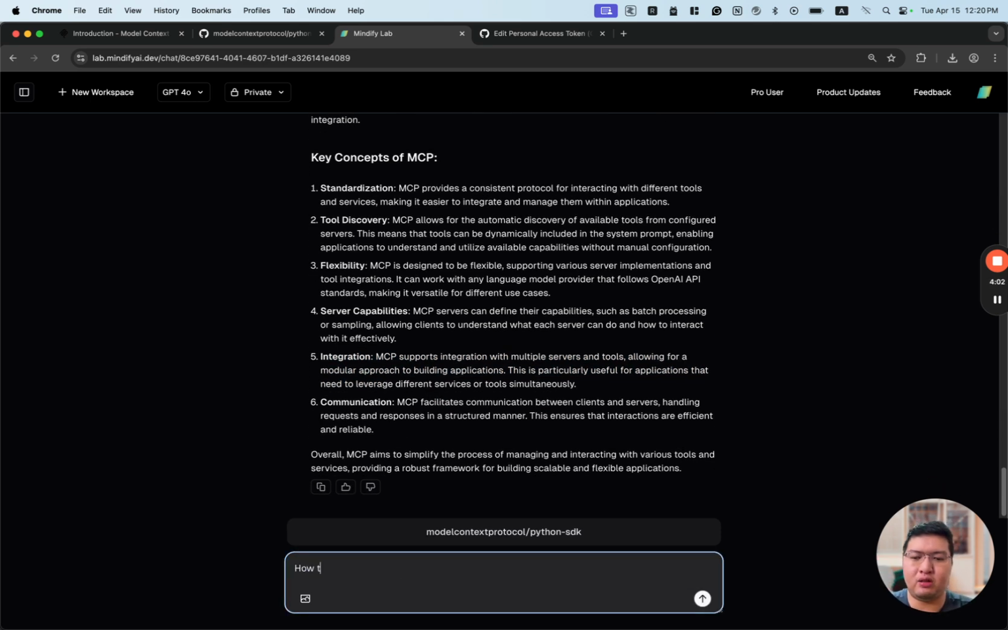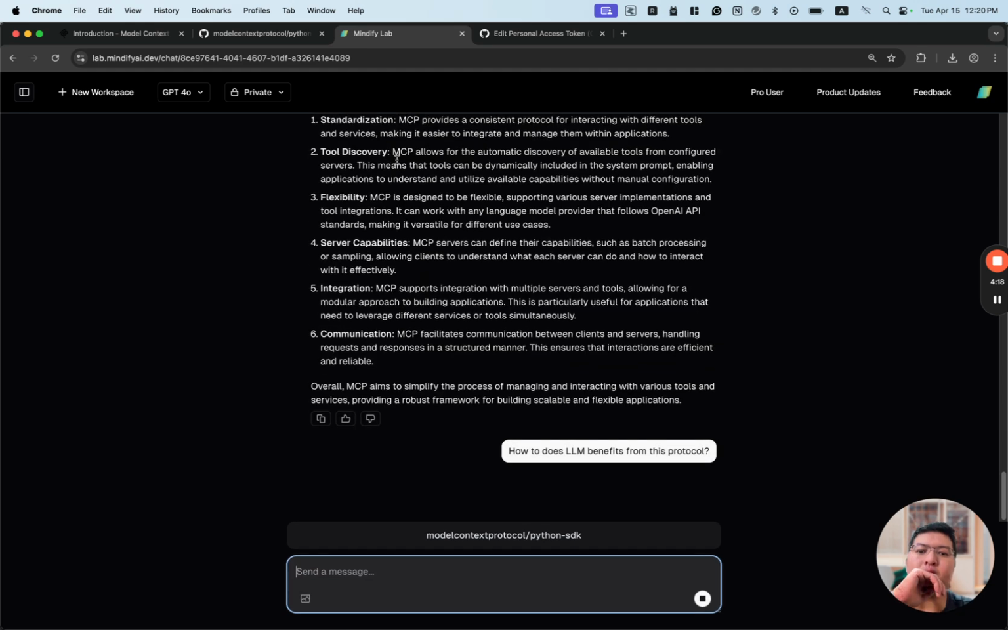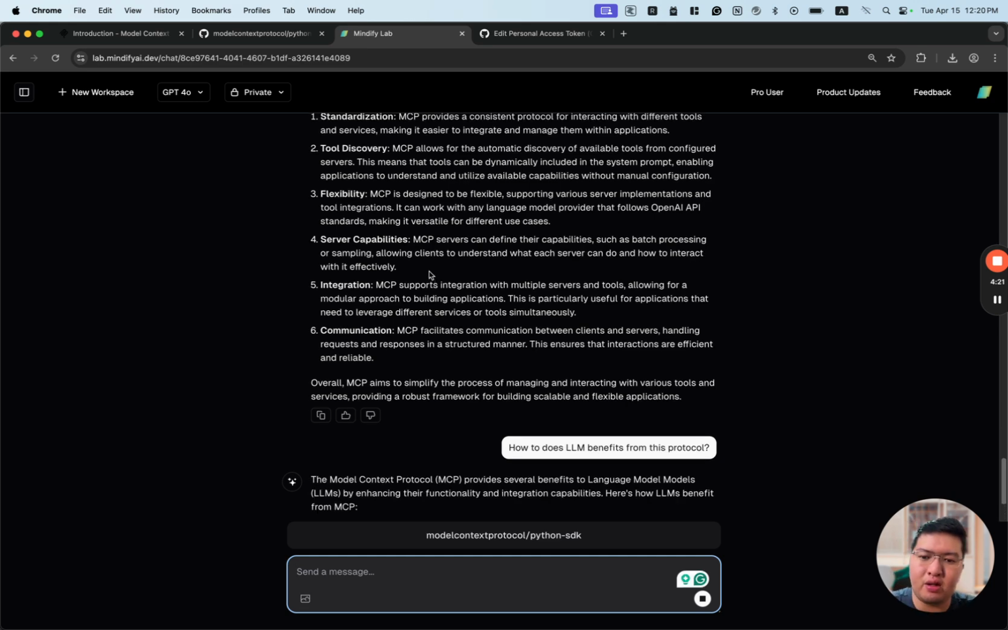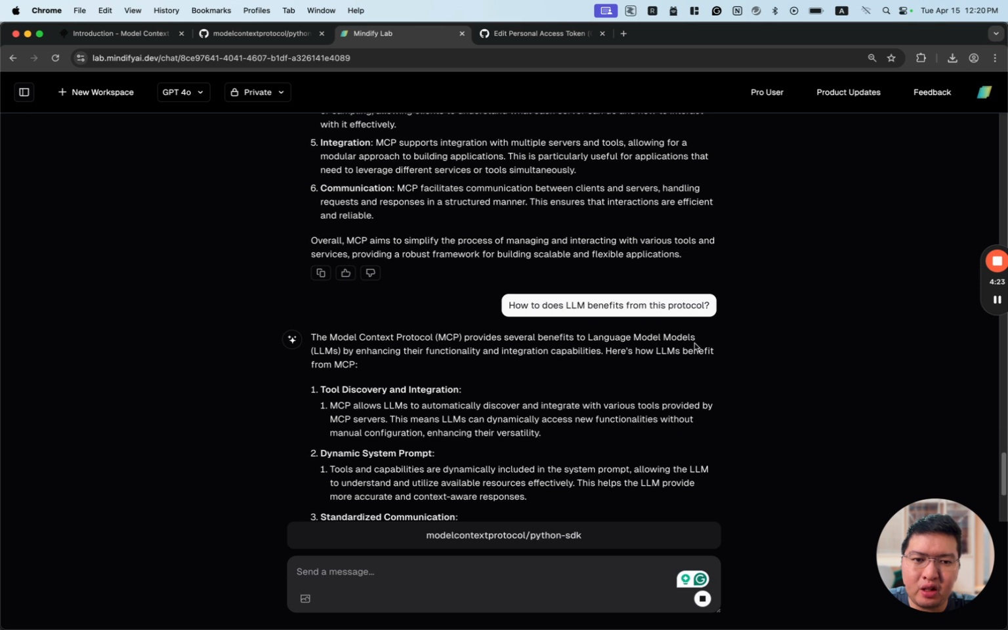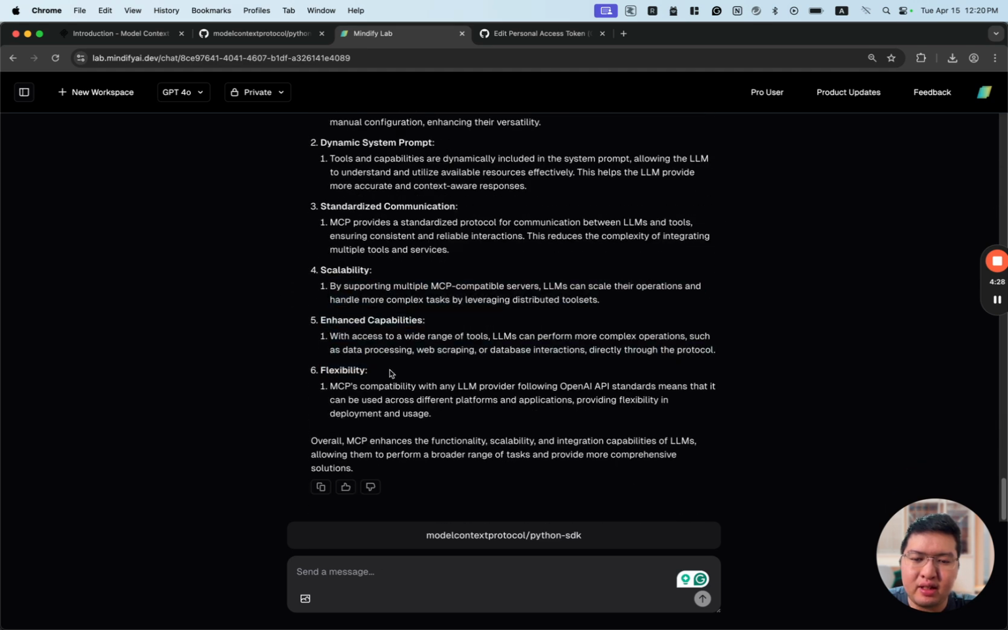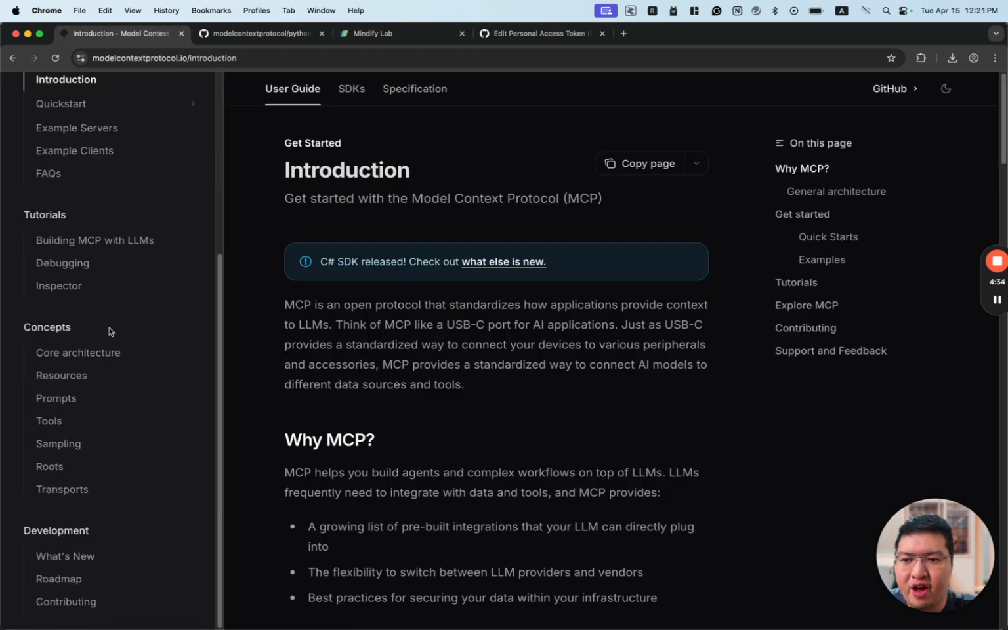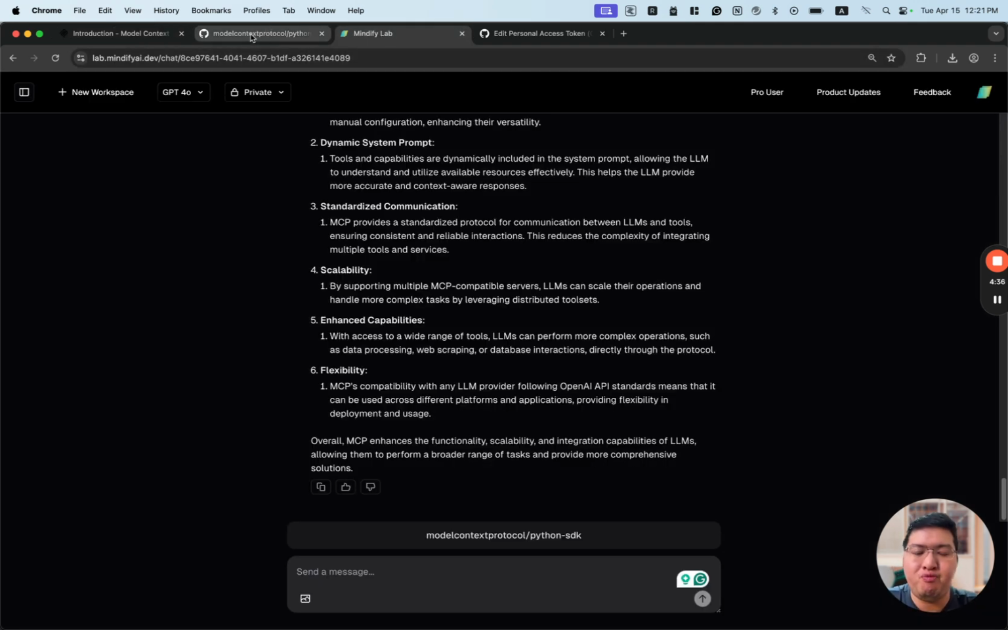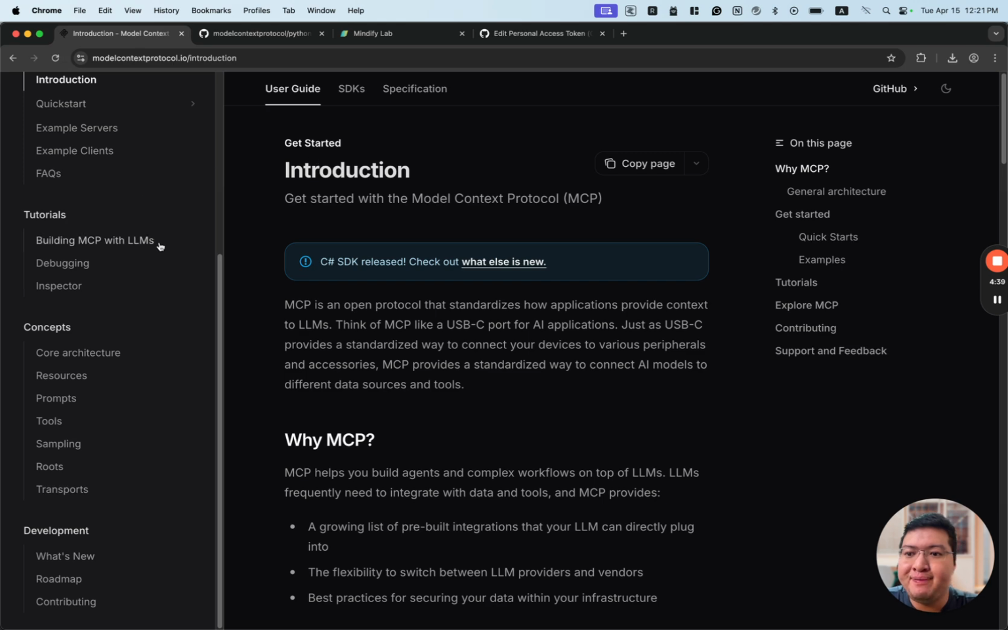And how does it benefit from this protocol? So the Model Context Protocol provides several benefits to large language models by enhancing their functionality and integration capability. So you can, yeah. So it's how you can learn a new protocol with ease,